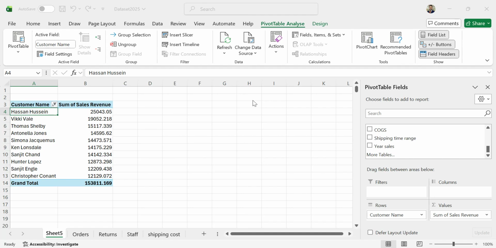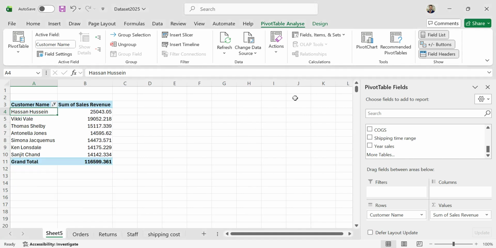You can click on 7, or you can actually type 7 here. So instead of 10, we wanted to have the top 7 customers who have made the sales revenue, and you click onto that one, so you can see your data is filtered now. Again, we can go back into this option, the same button, and then we can go into